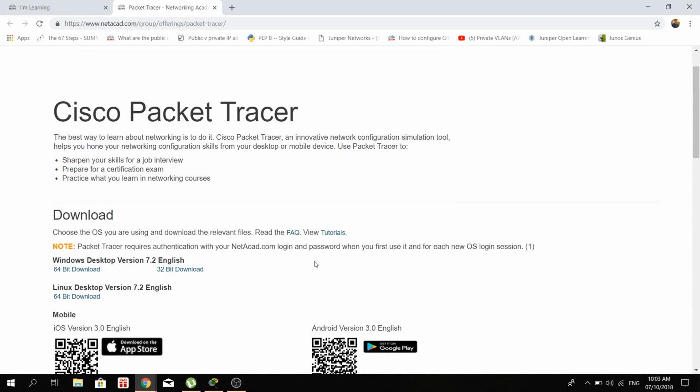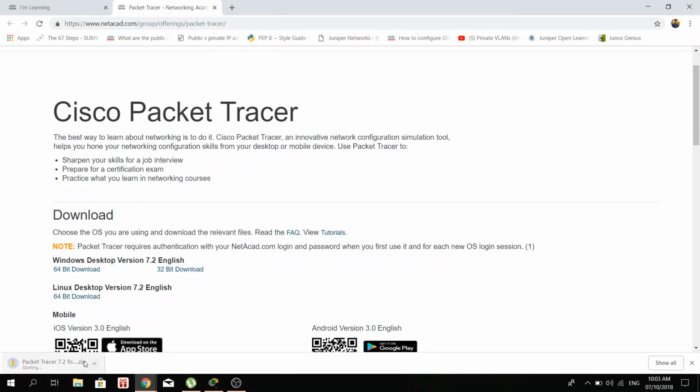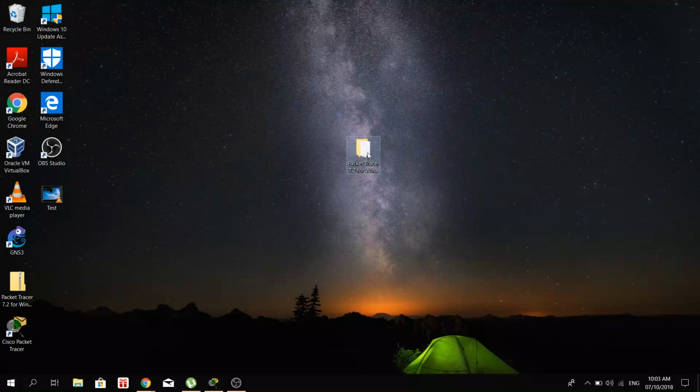And in my case, I'm using 64-bit Windows, so I need to choose this Windows Desktop version 7.2, of course English. So I just need to click that, and it's downloading. But like I said, I already downloaded it, so I don't have to do that again. So I'm just gonna cancel it. I just wanted to show you how you can download it yourself. So I'm gonna show you how